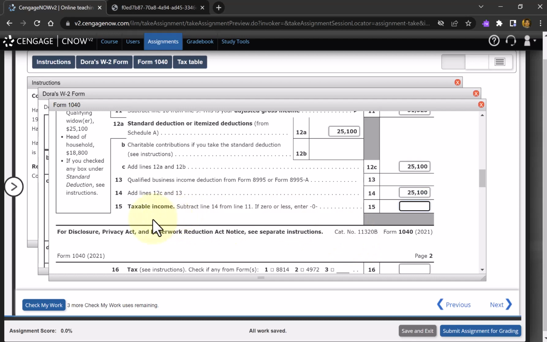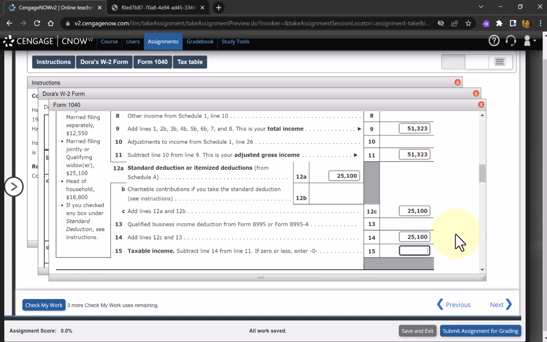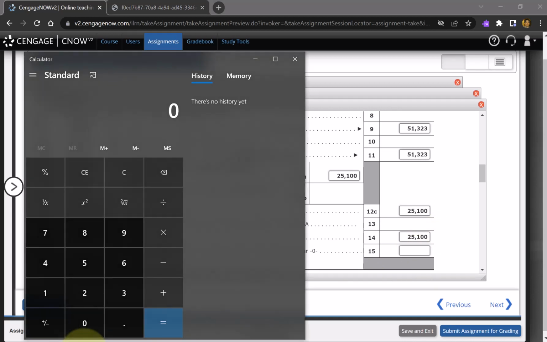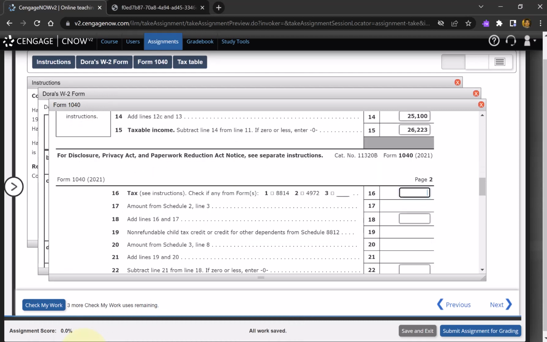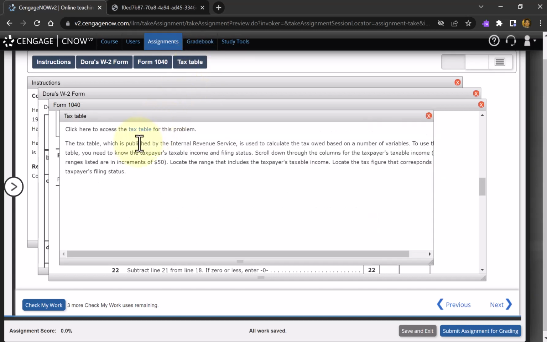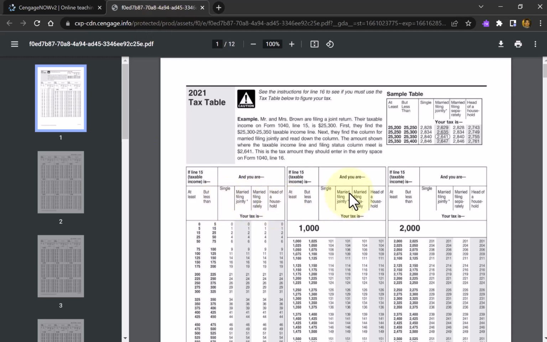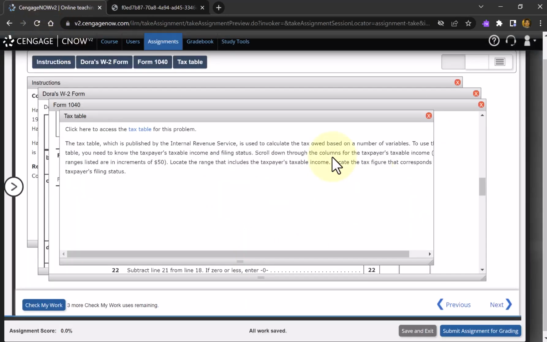Now in line 15, I need to calculate the taxable income, which is the adjusted gross income minus this standard deduction amount. And I cannot do it in my head. So here's my calculator. Okay, so I'm going to copy that answer and paste it into line 15. In line 16, we need to look up that taxable income and enter the related tax. So we're given this tax table link here. I have it already open to get my tax table. So I'm looking up